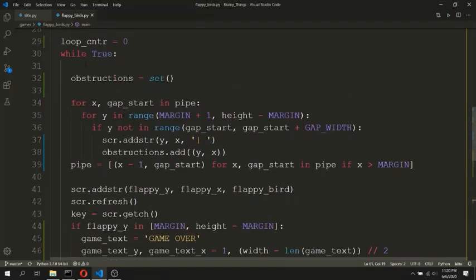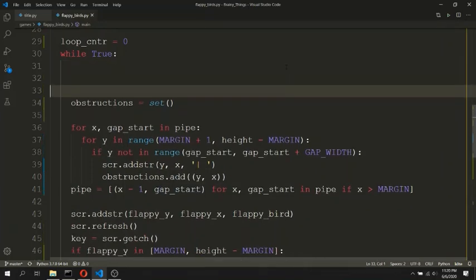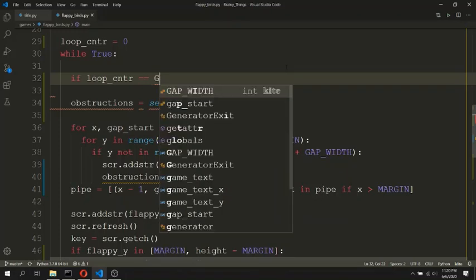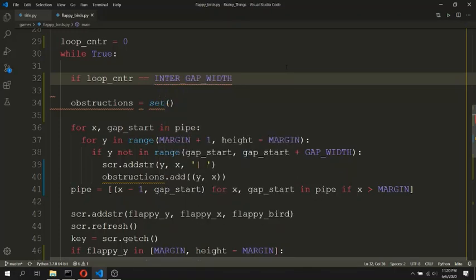And we can add the generation of a new pipe over here, that is, if loop counter is, say, intergap width, because after every horizontal spacing of the pipe we should add some more pipes to the game.